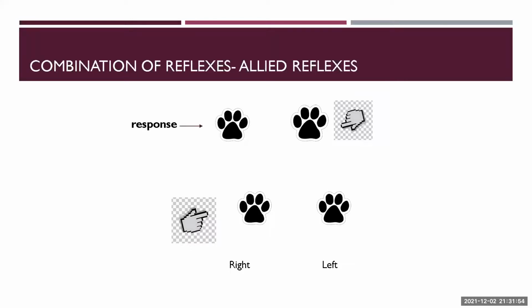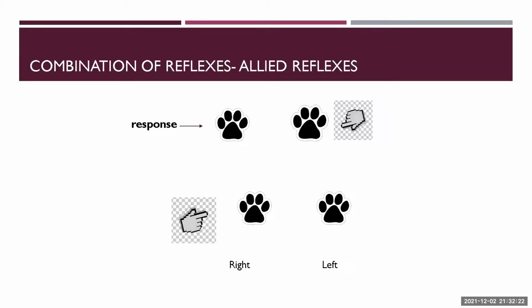So he says that if we are giving a stimulus in the right hind limb and also on the left forelimb, the same response can be observed, that is the extension of the right forelimb. That is the response we can see. But in the first case, that is the stimulation of the right hind limb that produces responses of the right forelimb, it requires a more intense stimulus.